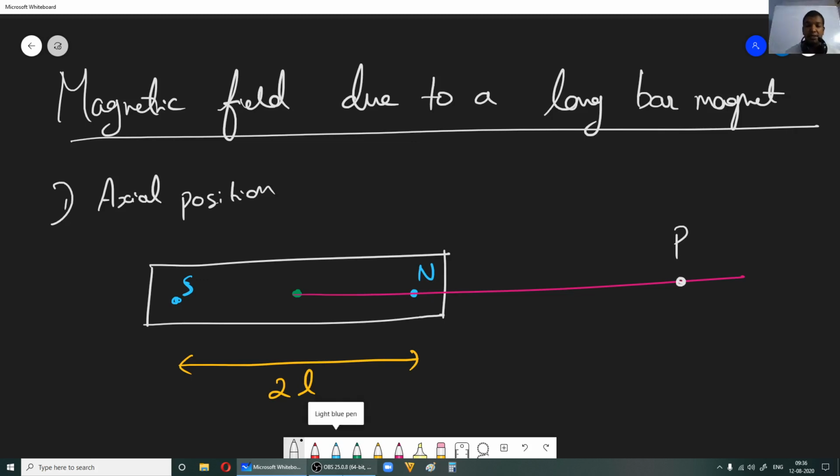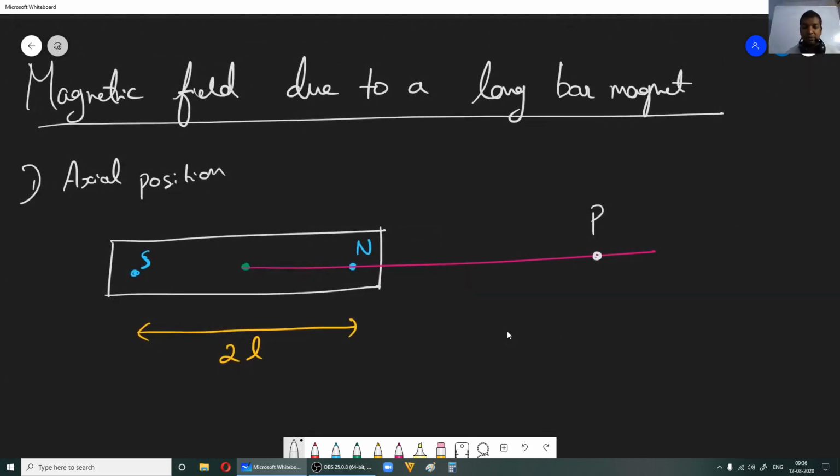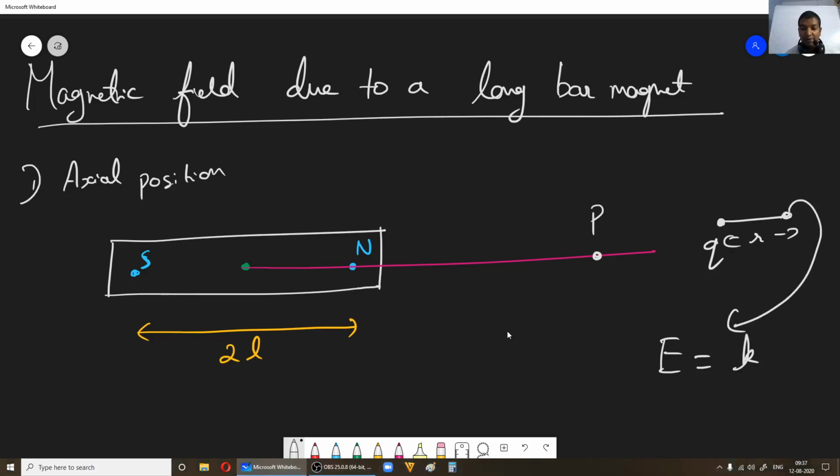Now here we will try to use our electrostatics concept, whatever we know. So electric field, how do we write? You have an electric charge, and if you are at a distance r, the electric field at that point will be given as 1 by 4 pi epsilon naught, which I have taken as k, q divided by r square, and it will be in this direction, because if you consider this as the positive charge, the electric field at that point will be going away radially. Here q we have considered as the electric charge, r is the distance.